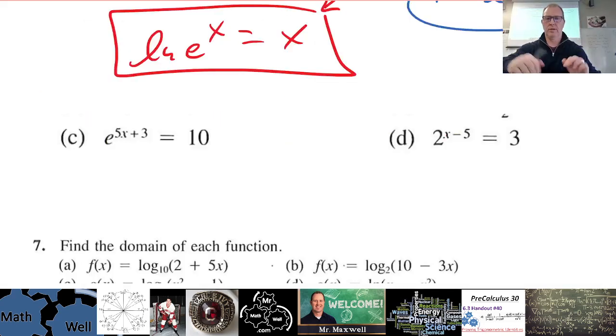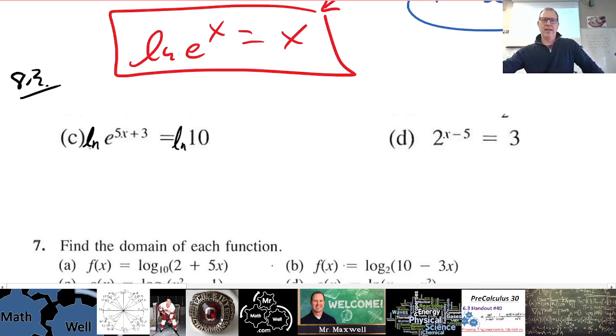So number 5 on the same section, which is 8.3. We're solving for x. Now if you took the natural logarithm, the ln, of both sides, then ln of e to the power of that would cancel out, right? If you remember,